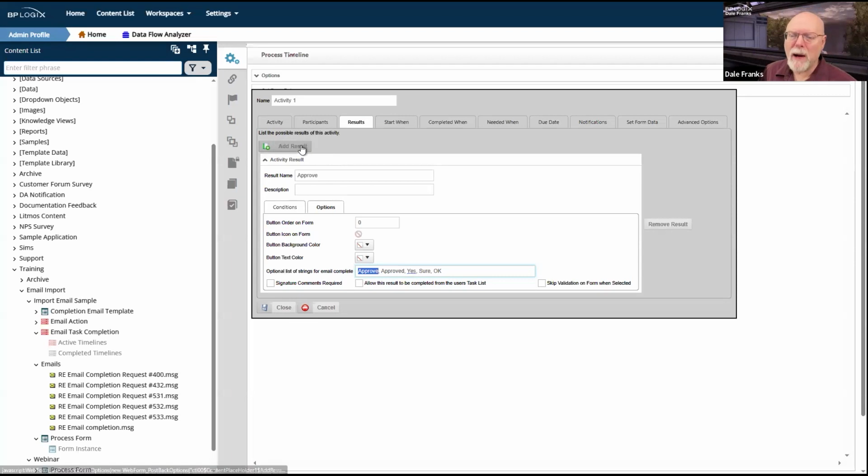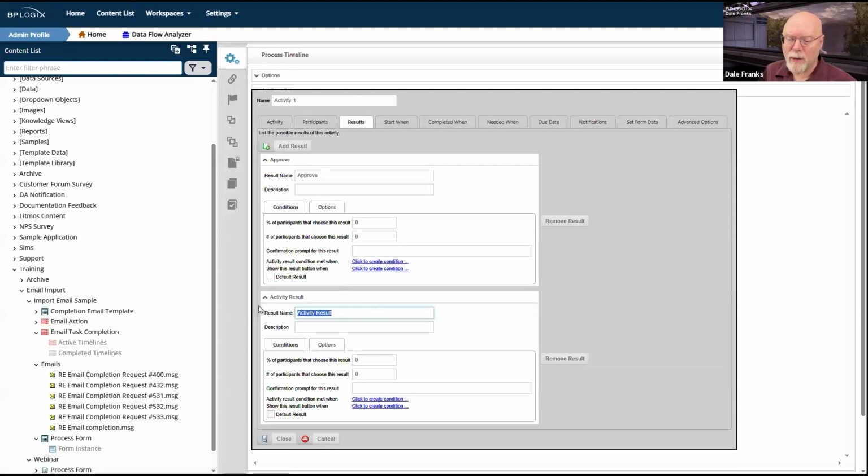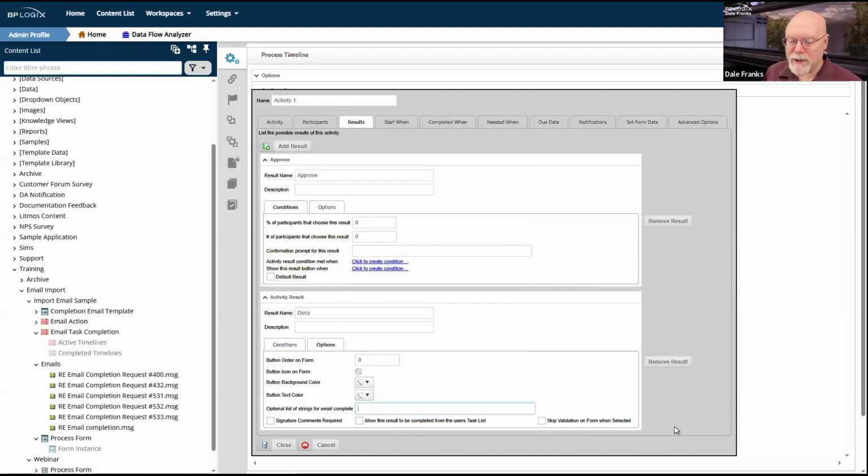So I have my approve result. I'm just going to go ahead and do the same thing for my deny result. So I'm just going to add a second result, which I'm just going to call deny. And again, we'll go to the options tab and deny, denied. Now those are two definitely distinct strings.